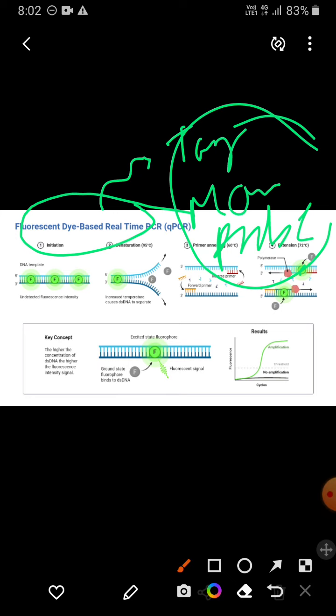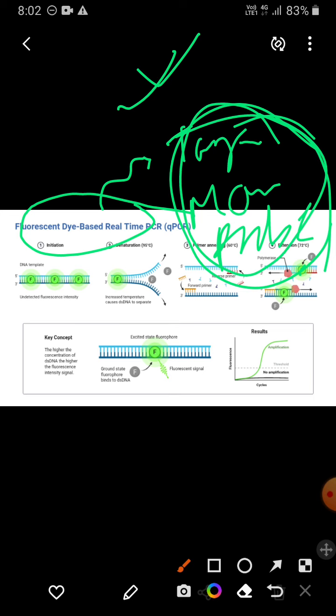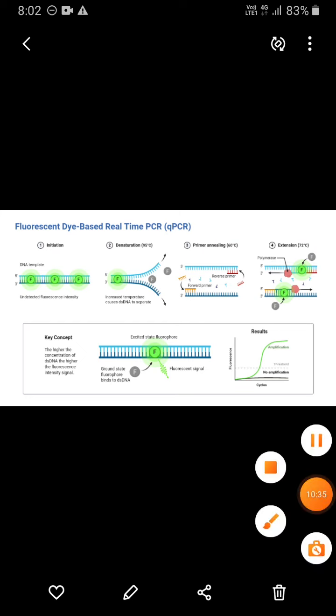Instead, it will bind with the center of the target DNA molecule. That is the most important and critical part of the quantitative real-time PCR mechanism, because most of us will think that the TaqMan probe will bind with the 3' end, but it does not, because remember,